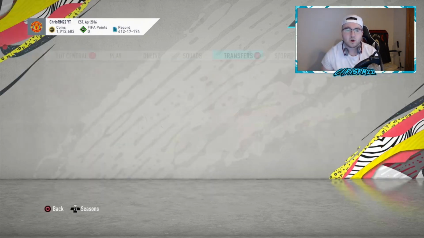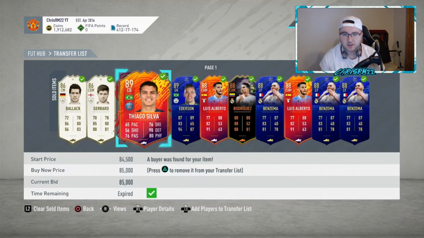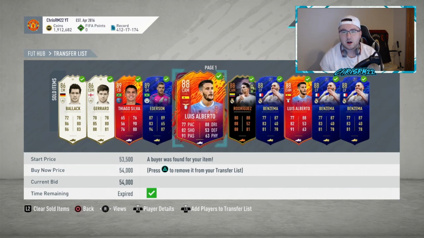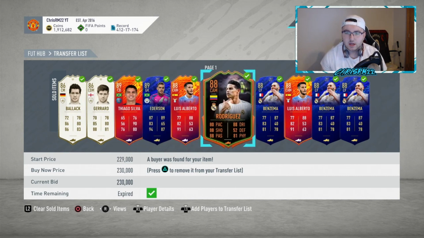And what have I done there? So the majority of these cards, what have I been doing with this to make so many coins? So today alone, I think I made over 200k just from this method. I think we made about 275k today in total. I streamed for about 4 hours, and I think we made about probably 180 to 190k doing the chem style